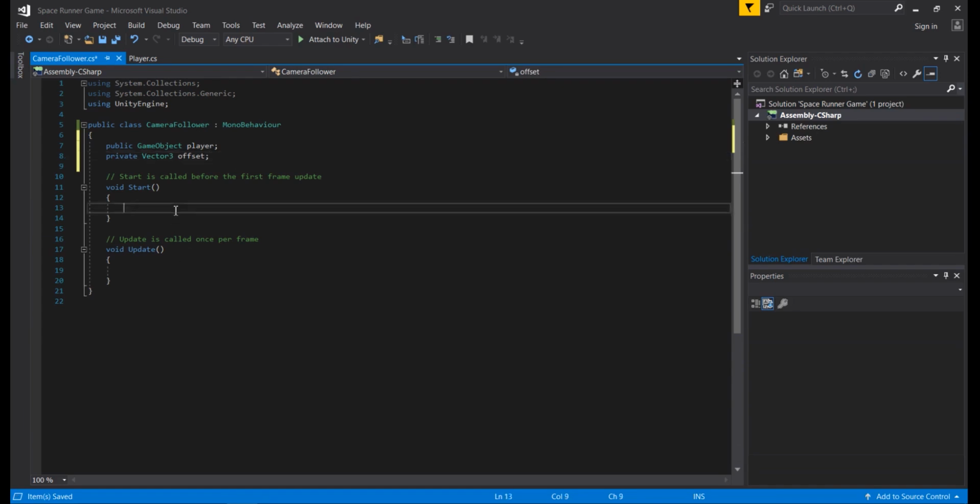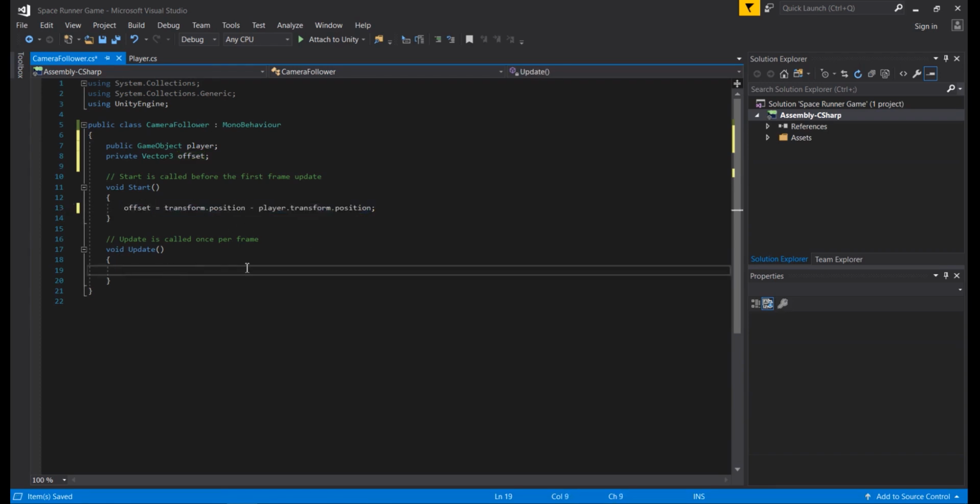So we will go down here in the Start method, and then we are going to set up our offset variable. We'll take the current position of the camera, and then subtract from it the current position of our player, player.transform.position. You see that this offset is actually the distance between our camera and our player. And in the Update method, we are going to use our transform.position, the current position of our camera,